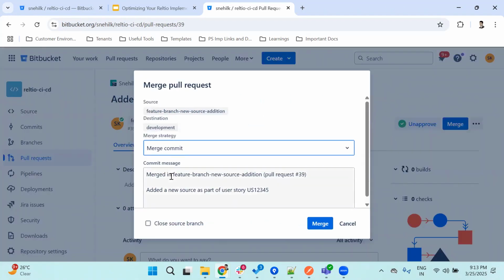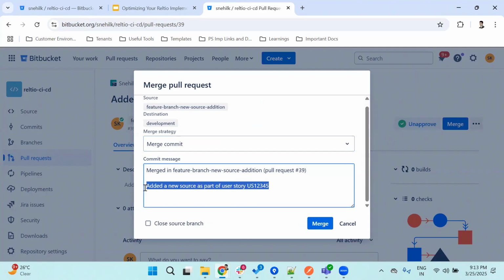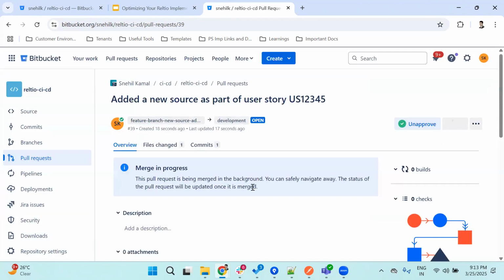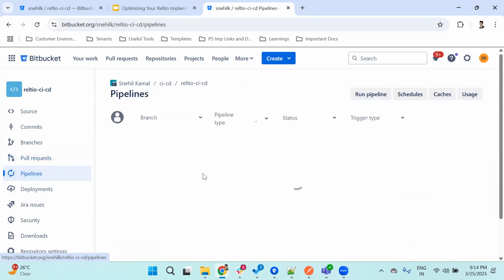And in the commit message, you can specify whatever you want, but it gets auto-populated too based on the commit that's getting deployed, right? So I'll just click on merge. What this will do is merge the code from the feature branch to the development branch that I showed earlier. And as soon as the code gets pushed to the development branch,